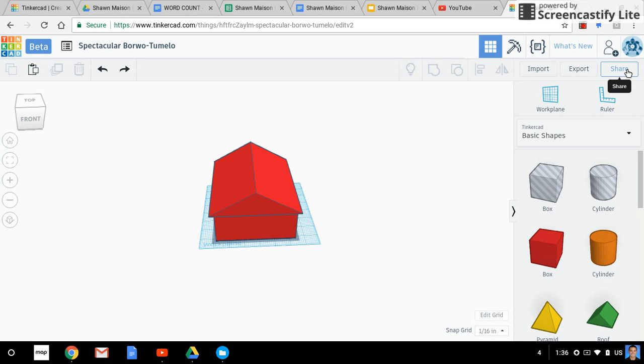If I were going to share this with somebody and have a partner, I could have a partner on this design with me at this time making changes to the same model. So I could have two of us in here working on the same house, one working on one bedroom, you can imagine, and the other one working on another within the same design. Which creates this whole idea of collaboration and 3D design at the same time, which is what happens in the